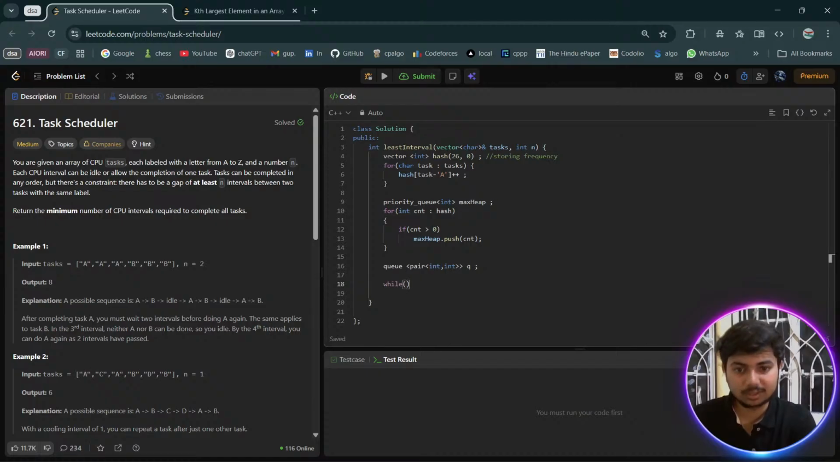Now while max heap is not empty, as well as जब तक क्यू में कुछ एलिमेंट है तब तक हम लोग को रन करना पड़ेगा, मतलब एक क्यू में अगर कुछ बाकी है तो इसको भी तो एग्जीक्यूट कराना है। तो आइदर हीप एम्प्टी ना हो या तो क्यू भी एम्प्टी ना हो, तब तक ये चलेगा, ठीक है।